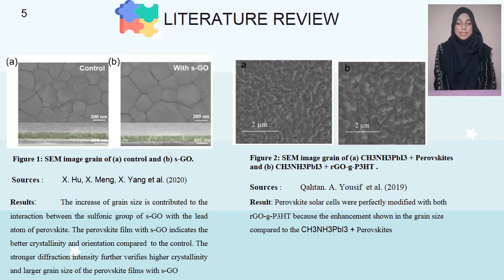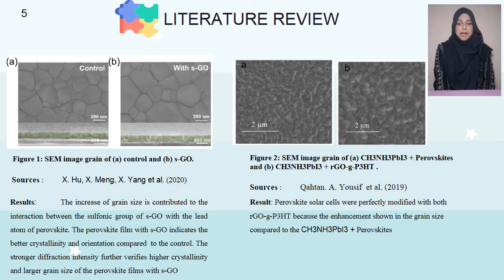In the literature review section, as we can see, is the result from the SEM image of the grains. In Figure 1, the perovskite film with SGO indicates better crystallinity and orientation compared to the control. Meanwhile, the figure shows that the perovskite solar cells were perfectly modified with both RGO and P3HT. I can conclude here that the addition of graphene-based materials helps in the enlargement of the grain size